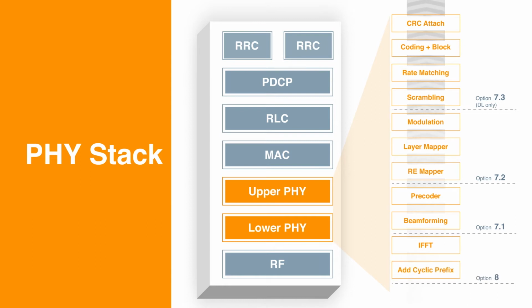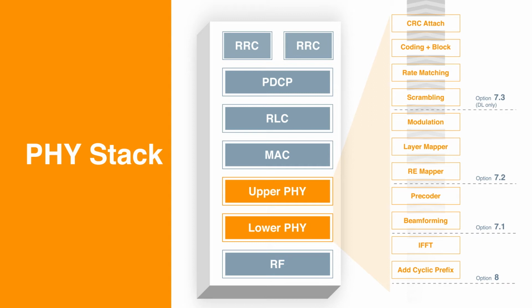The complex stream is mapped to different layers, which determines the MIMO capacity of the system. These are then interspersed with DMRS or reference signals to allow the UEs to decode the channel. IFFT and cyclic prefix are then performed and converted to time domain, followed by filtering and upconversion. The PHY stack is split into low PHY and high PHY. The low PHY essentially comprises the time to frequency conversions, and rest of the operations are high PHY.